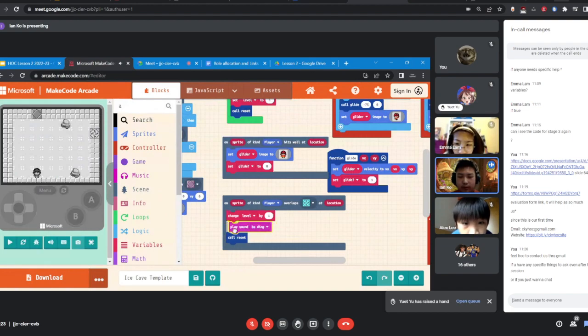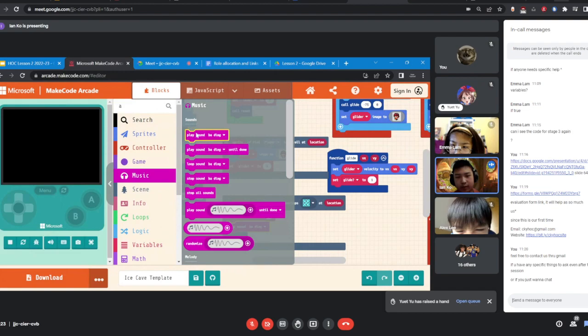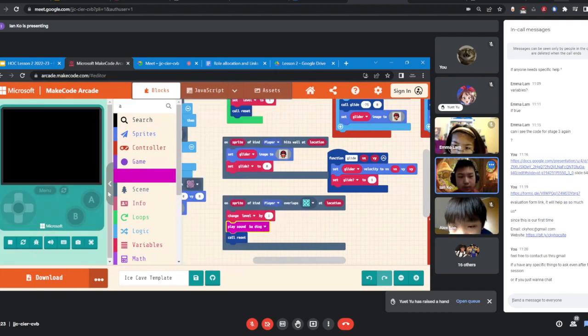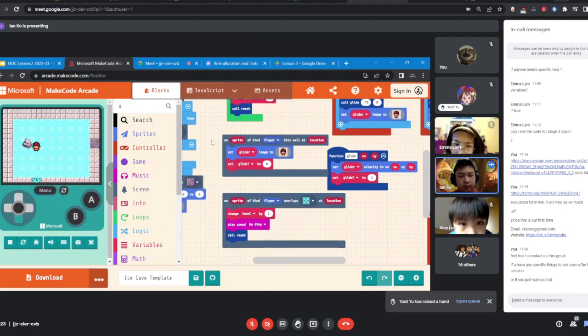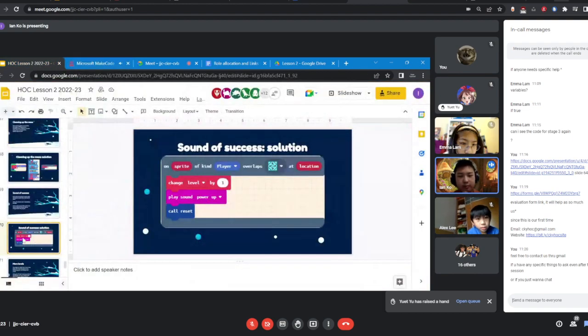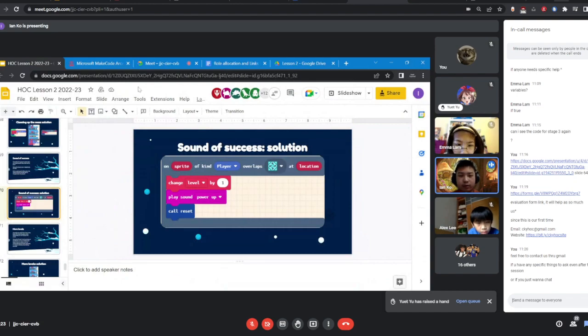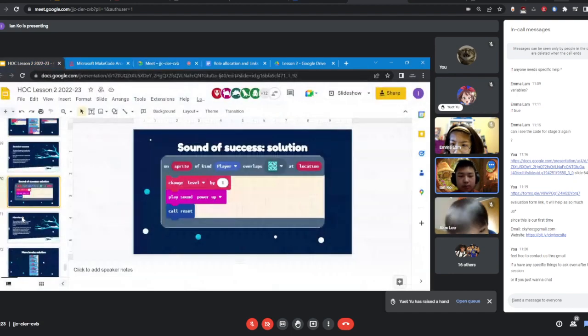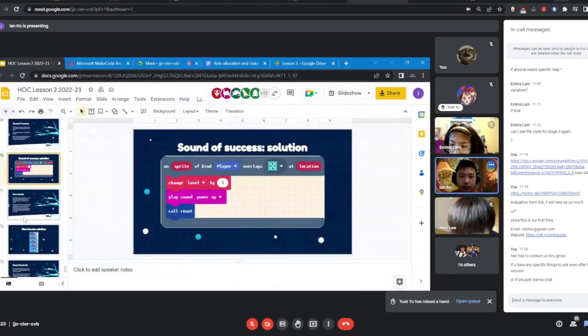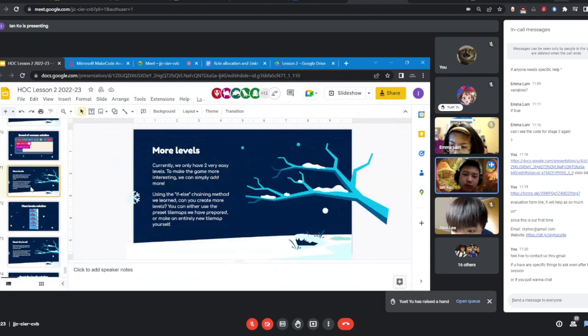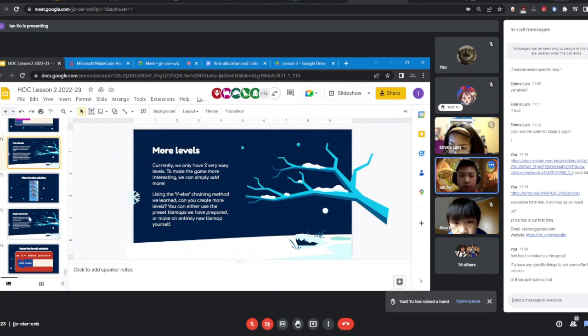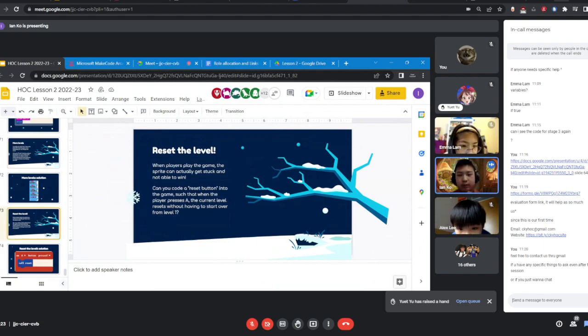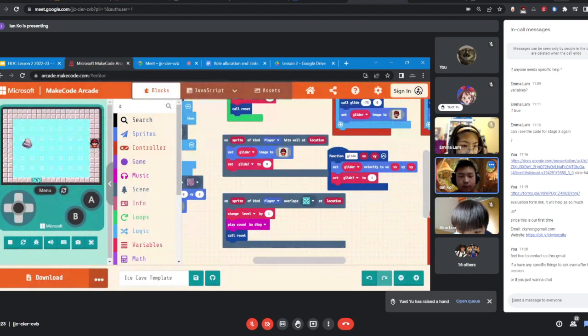So let's see what that sounds like. It's in the Music tab, by the way, and in the first one, play sound. When we touch the blue tile, there's a ba-ding, and I don't know if you can hear that, but you should be able to hear that if you try it out yourself. And more levels kind of takes time and isn't that hard, so I'll skip it for now. This one is pretty important, so actually,